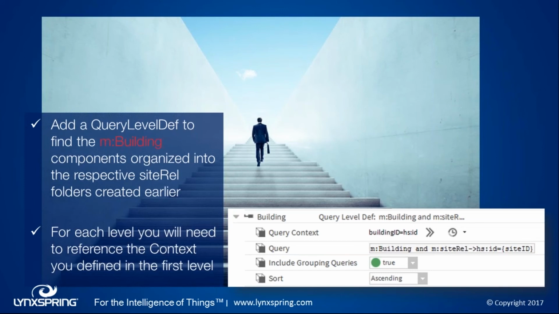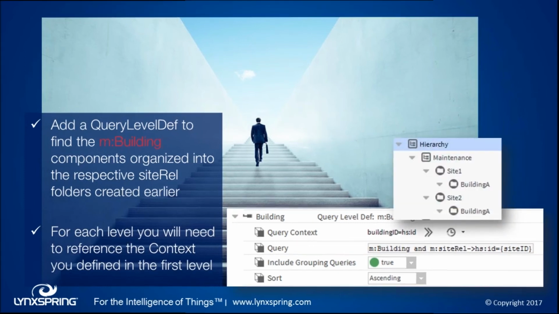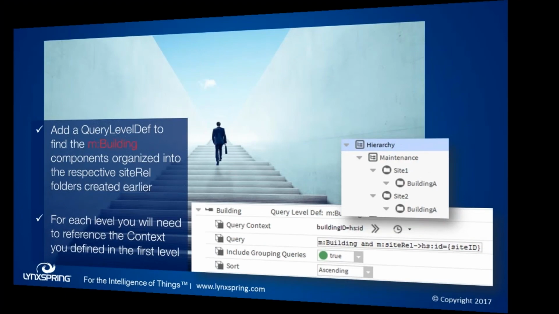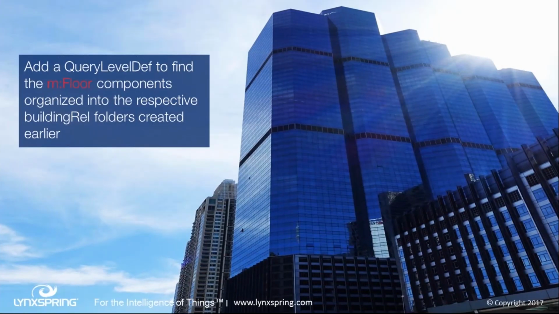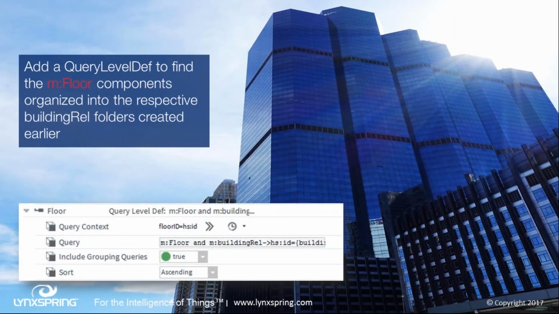We created it the same way we created the site ID. I click on that key within the facets area. I want buildings to be organized so that my building folders are underneath my site folders, and I want those building folders to only be the folders that match the site that they fall underneath. So I've got my m:/building, which was my custom tag I used to tag those building folders, and then I've got my string again. I've got that m:/site rel, which is my relationship between the site and the building, and then I'm calling that haystack ID, and I'm making sure that it matches the site ID from the previous level higher.